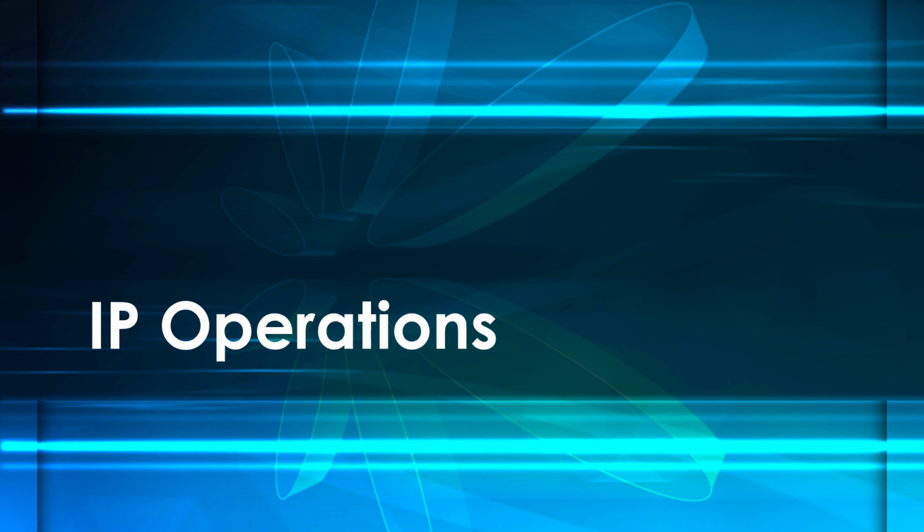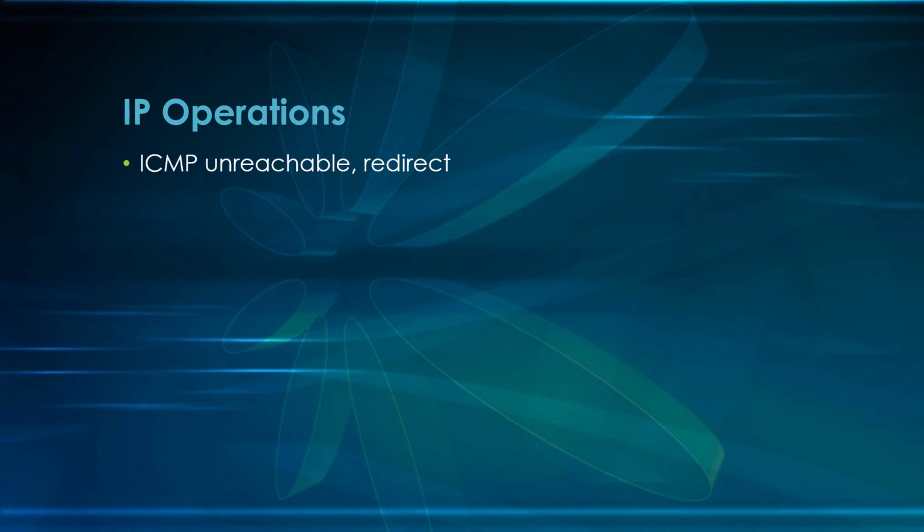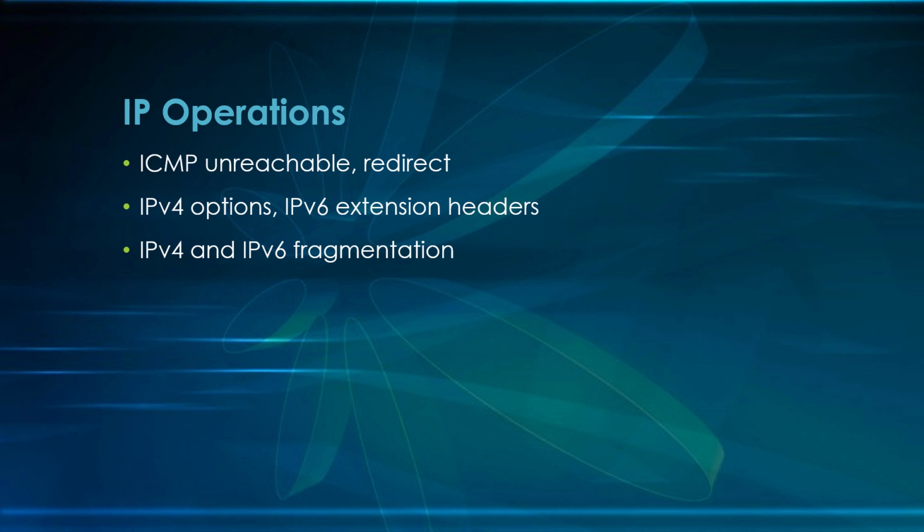In this particular video, we're going to be digging into IP operations. As we dig into the IP operations, we really want to start breaking down and understanding the concept of the ICMP unreachable and the redirect. We'll be taking a look at IPv4 operations and IPv6 extension headers. We'll take a look and understand how IPv4 and IPv6 fragmentation works, the TTL or time to live value, IP MTU, and let's get started. So when it comes to ICMP unreachable,